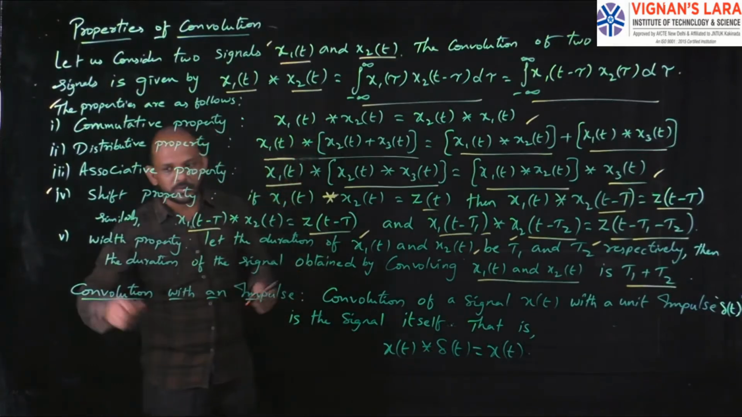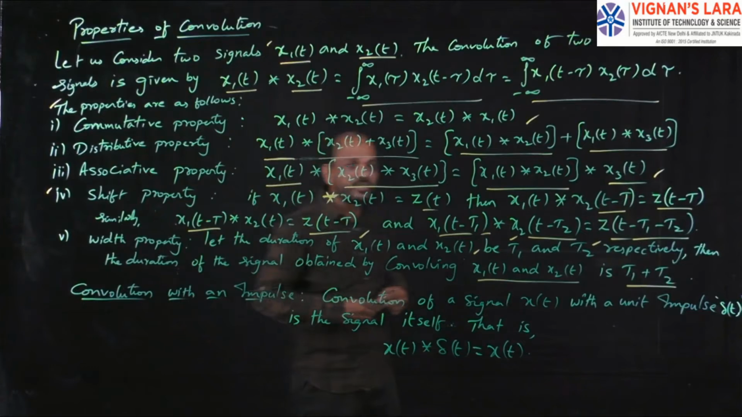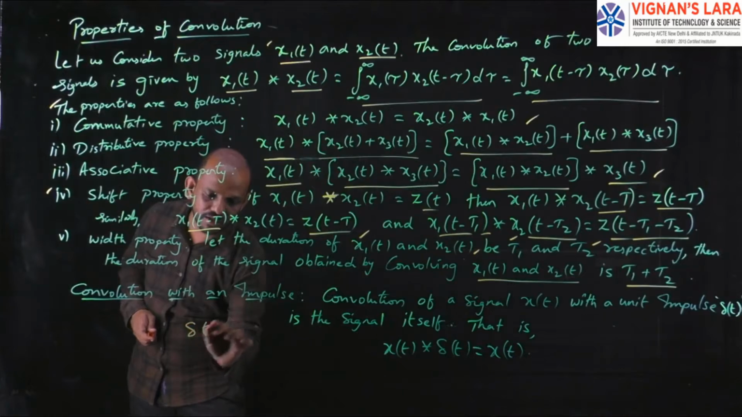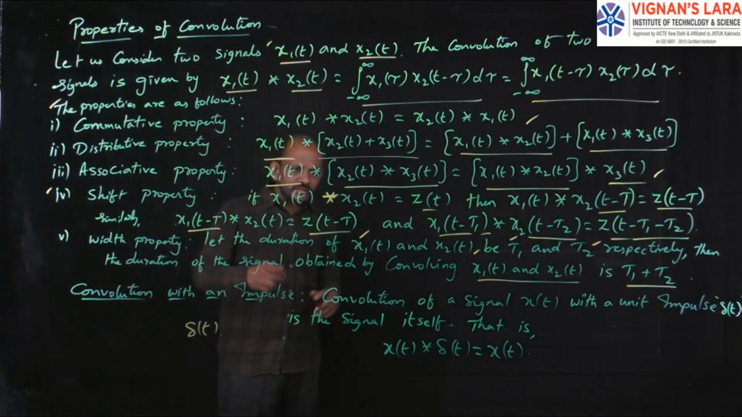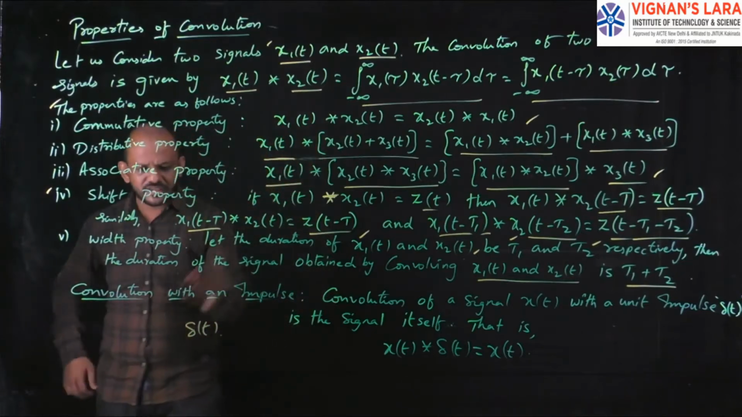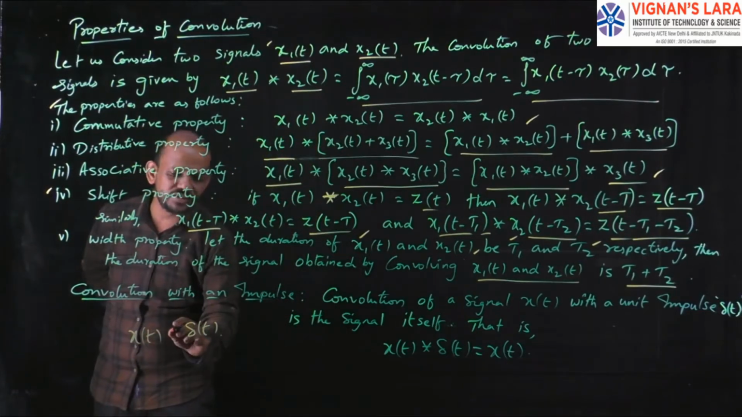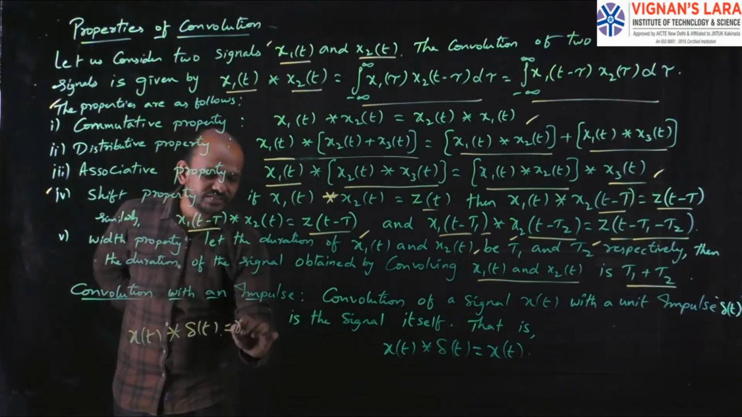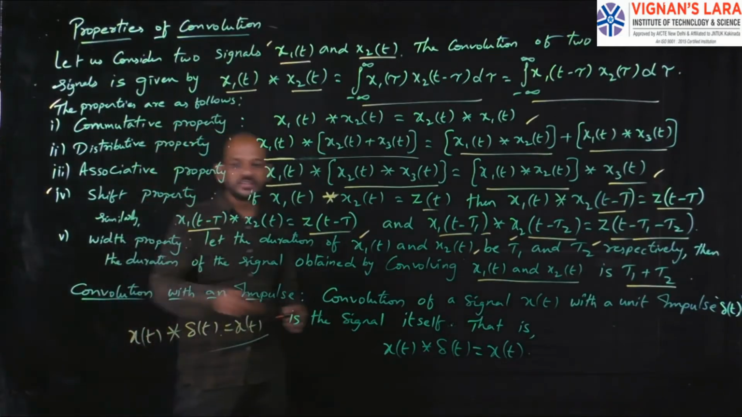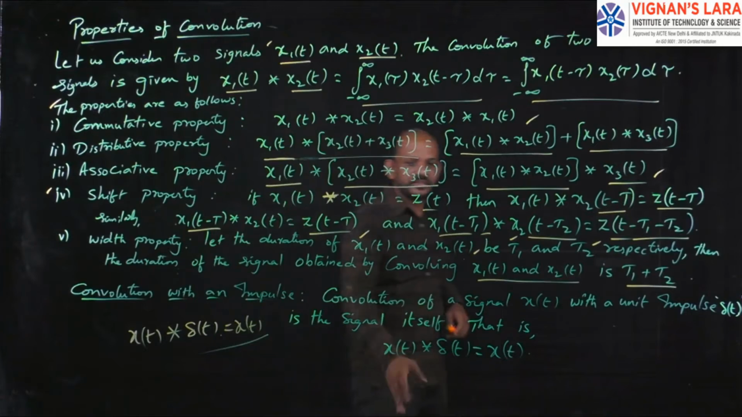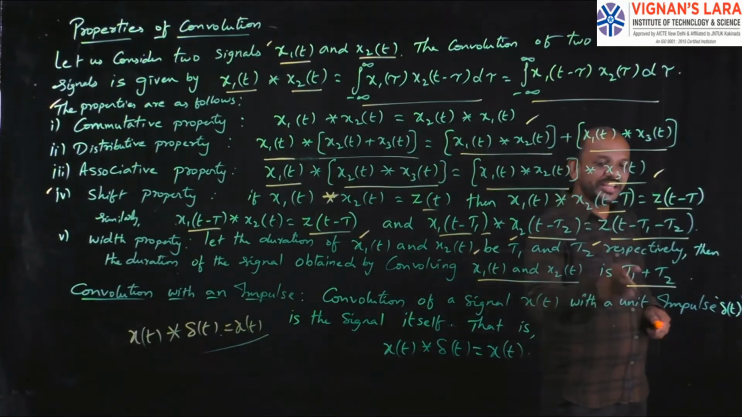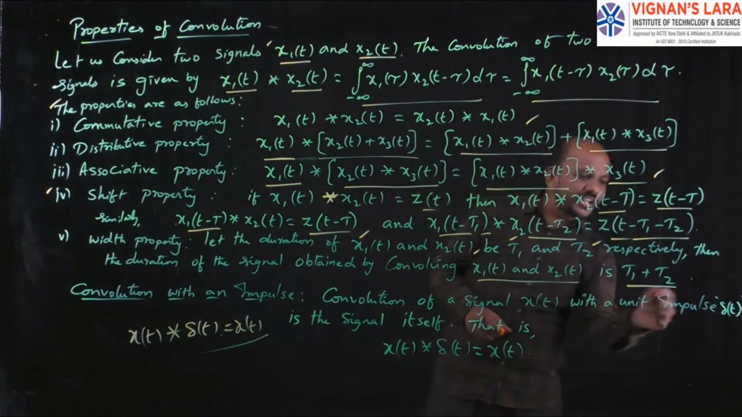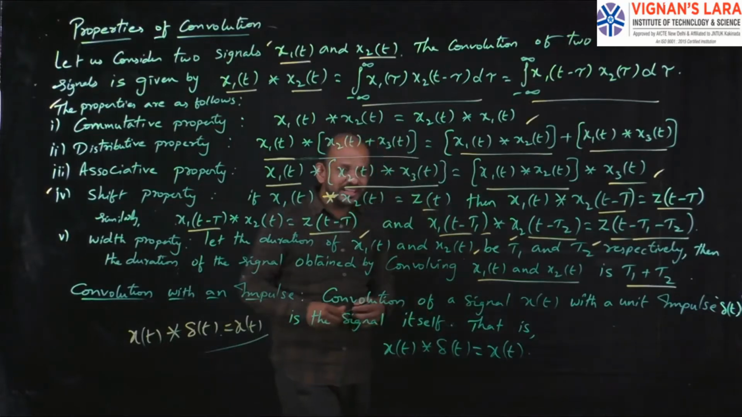And the last, the important one, is convolution with an impulse. So we all know the unit impulse is represented with δ(t). Now if we convolve a signal with this δ(t), let us consider a signal x(t). If you convolve this x(t) with the unit impulse, then the output is the signal itself, that is x(t) only. There is nothing like convolution with an impulse. Very, very important. The convolution of a signal x(t) with a unit impulse δ(t) is the signal